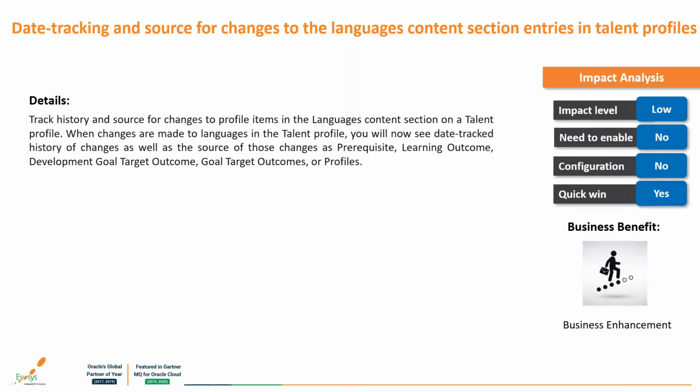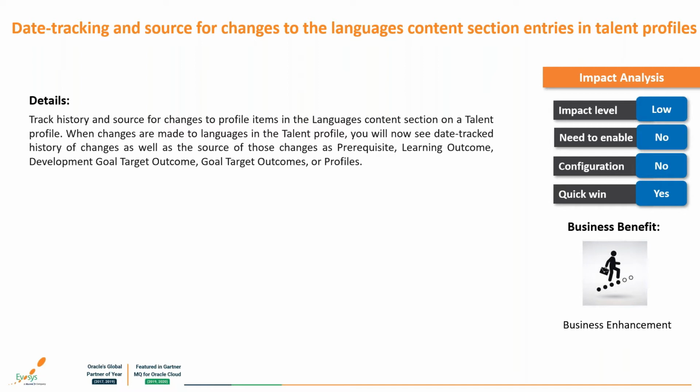Moving to the next feature, which is date tracking and source for changes to the languages content section entries in the talent profiles. So now you can track the history and source for changes to profile items in the language content section on a talent profile on the profile pages. When changes are made to the languages in the talent profile, you will now see the date tracked history of the changes as well as the source of those changes